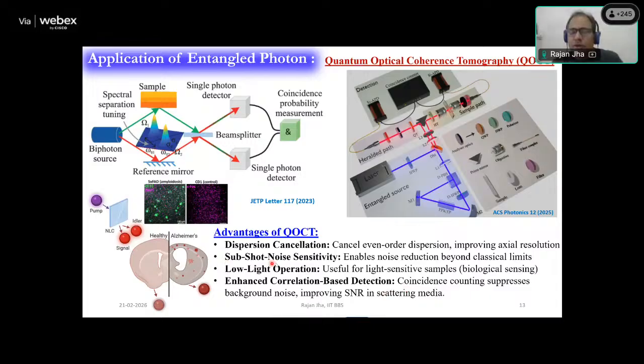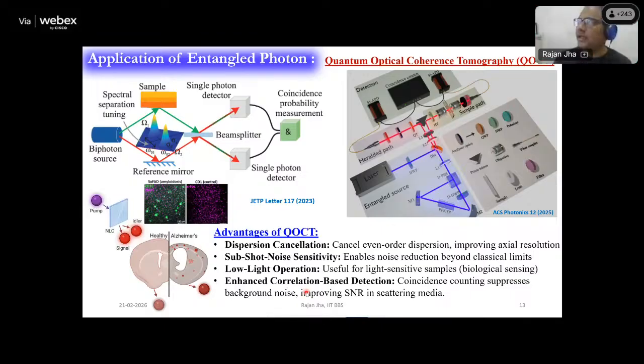Then you have sub-shot noise sensitivity. Even for a very noisy signal, it has the capability to reduce the noise beyond the classical limit, and that can be utilized to do the imaging. All these quantum systems have the advantage of low light operation, so these can also be very useful to illuminate systems, because all of us know that biological cells and systems are very sensitive to the intensity of the light,